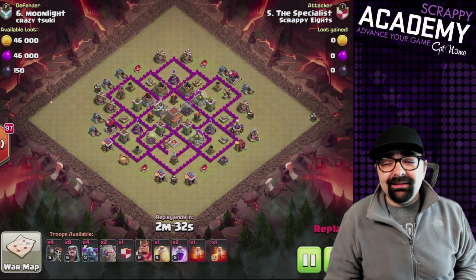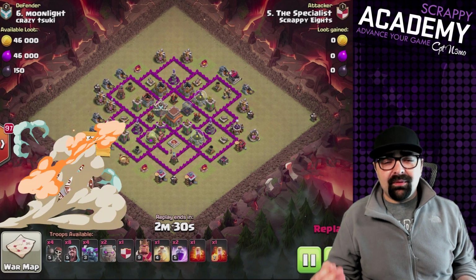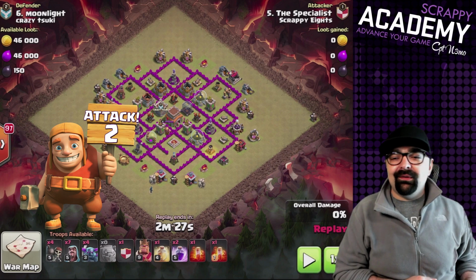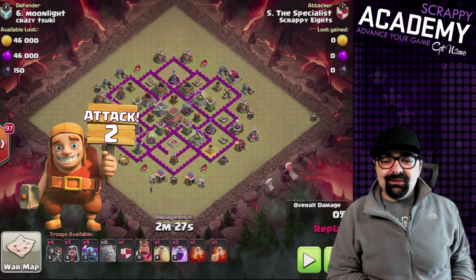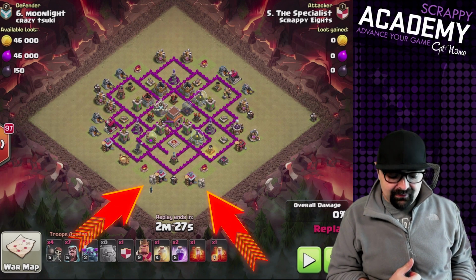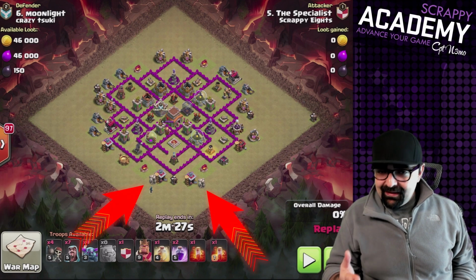Next up, we're going to take a look at the Go Wipe. That's right, Go Wipe is one of the most popular strategies at Town Hall 8. As you can see, the specialist over here is going to be coming in with a Go Wipe. He's going to be having 2 golems that he already deployed on the bottom, wizards, P.E.K.K.A.s, and of course there's